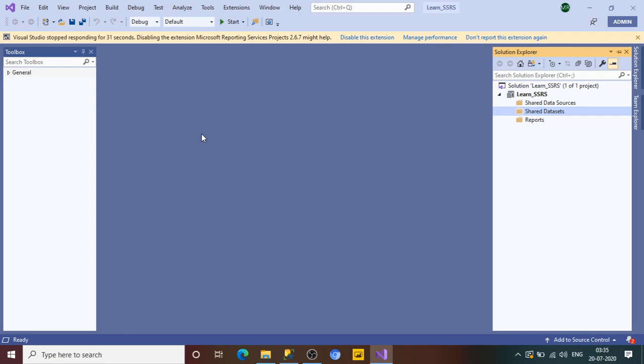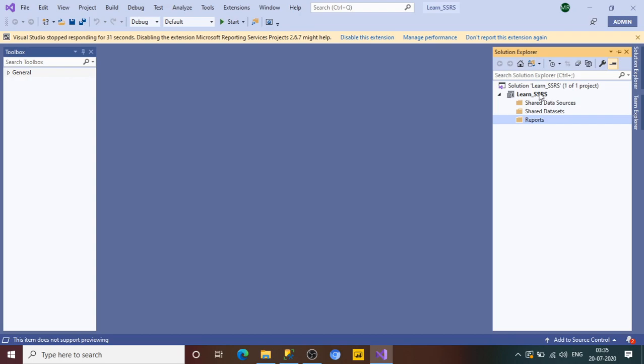Once you choose this option, give the name of the solution or the project, and the default solution will open for you. On my screen, I have created one project, Learn SSRS, and here by default three folders are available: Shared Data Sources, Shared Data Sets, and Reports. It's very simple.